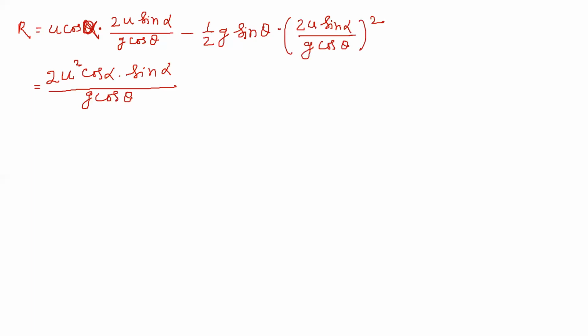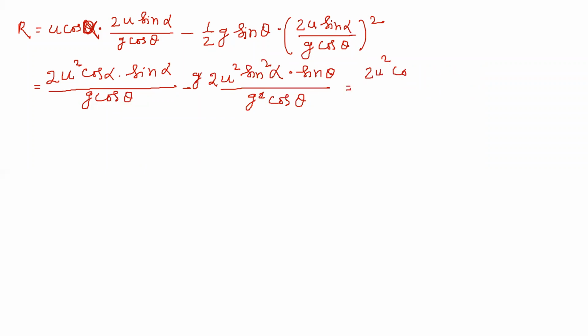Minus, here also 2U comes out, so 4U square by 2 is only 2U square: minus 2U square into sin square alpha into sin theta divided by G square cos square theta. One G was there and half G was there, so by cancelling this G,